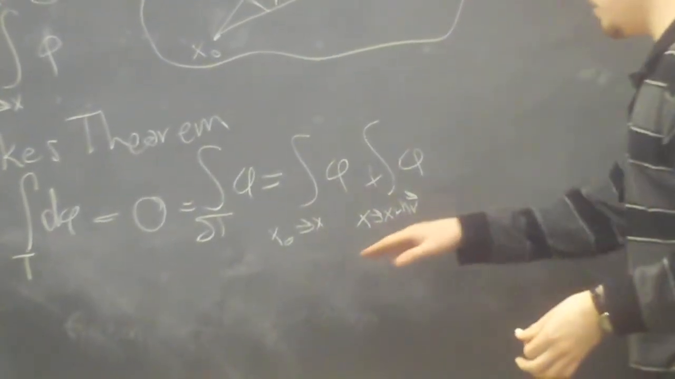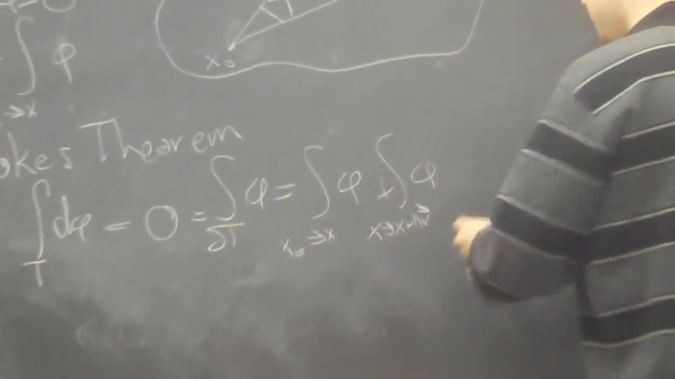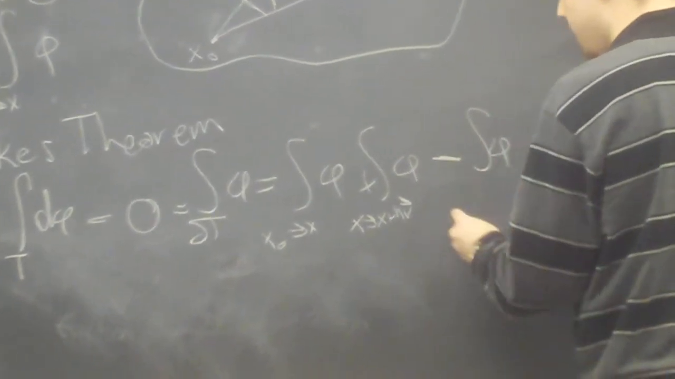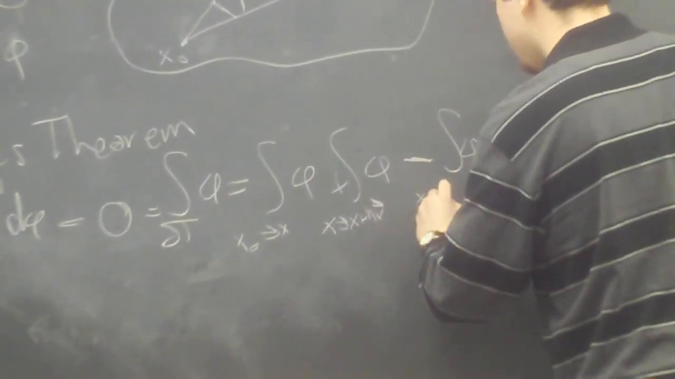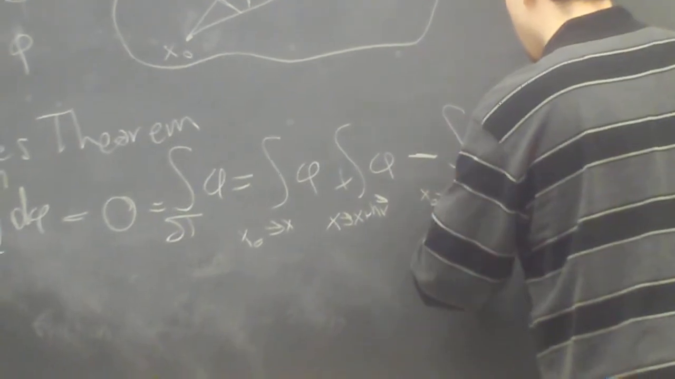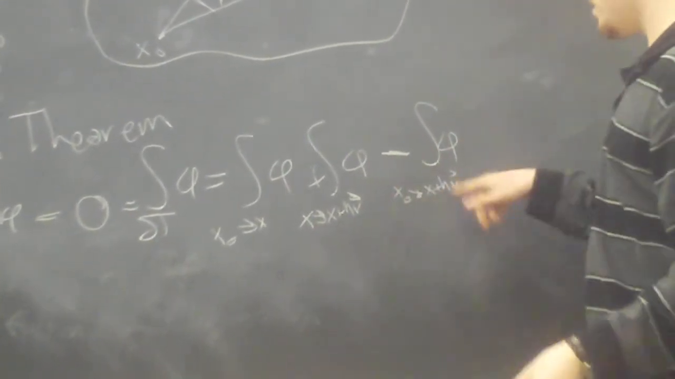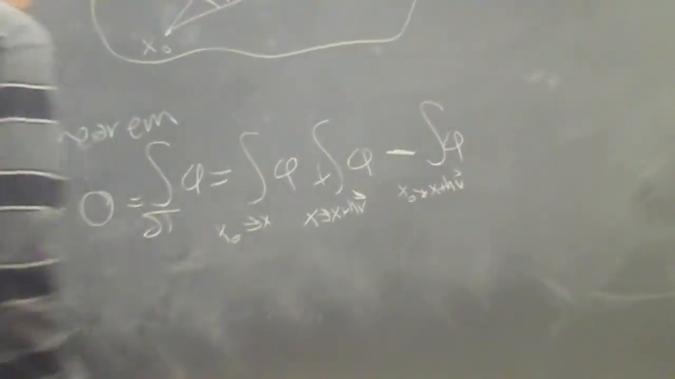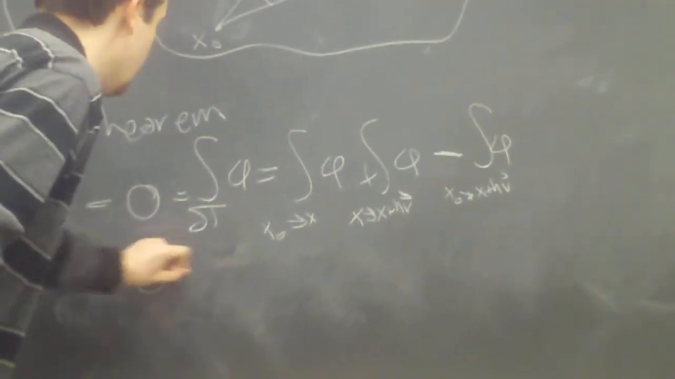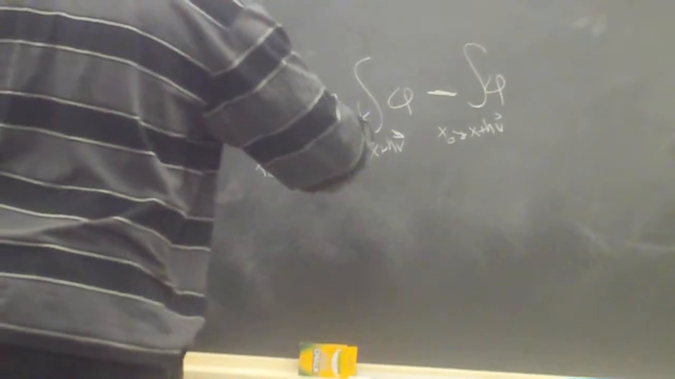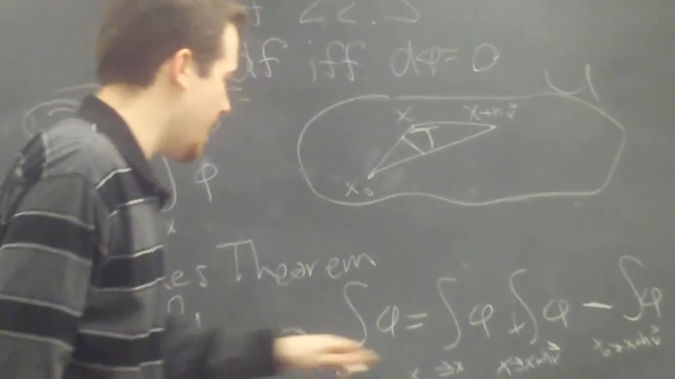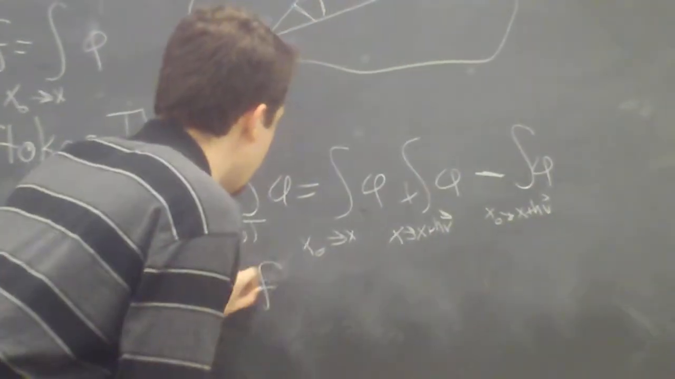And for the sake of having two integrals that start at x naught and at something else, we're going to instead take minus the integral of phi from x naught to x plus hv, whereas we could have added the integral from x plus hv to x naught since we're reversing the path. But this is going to be more useful. So we see that 0 is equal to these three integrals. But we've defined f to be equal to the integral of phi from x naught to x, and that is what that is. So we have f of x here,